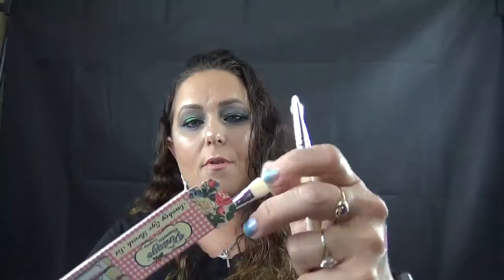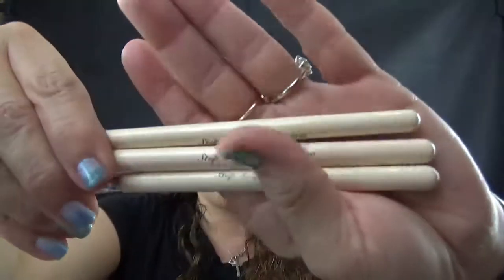Okay, let's see here. Let's open this up. Oh my gosh, you got 3 brushes in here. Wow. Okay, so they are numbered. The Vintage Cosmetic Company, step 1, step 2, okay. So they say step 1 for the money, step 2 for the shadow, step 3, go girl go on the brushes. Oh my god, that is so cute. That is great. I love brushes. Okay, so that is the Vintage Cosmetic Company, and that retails for